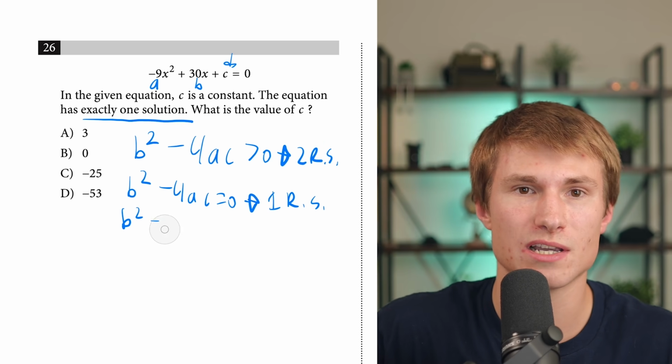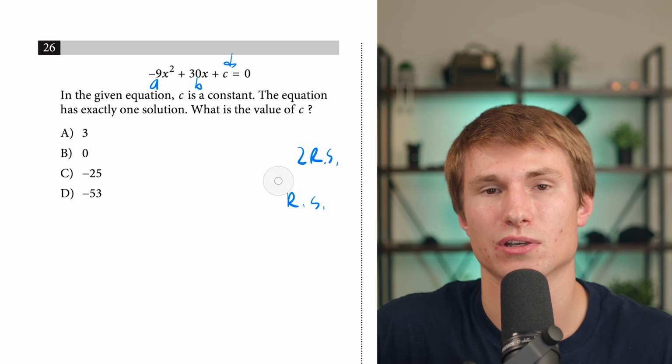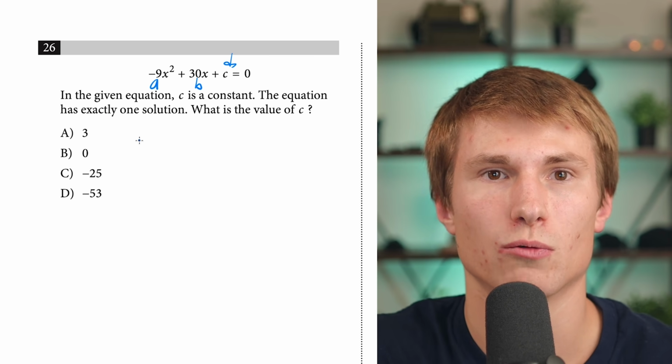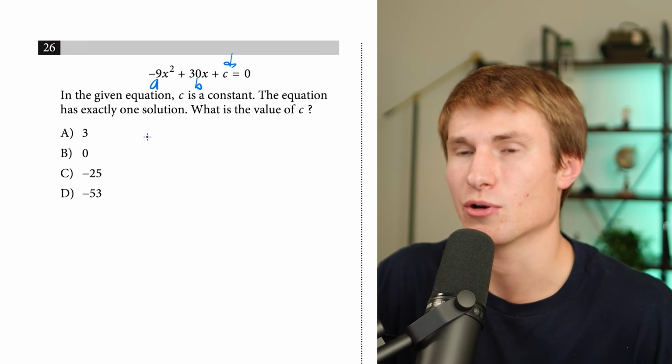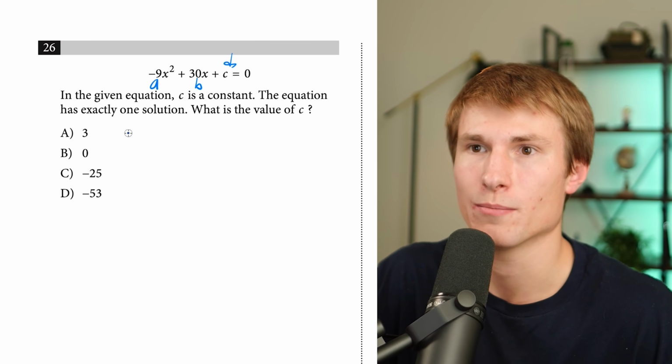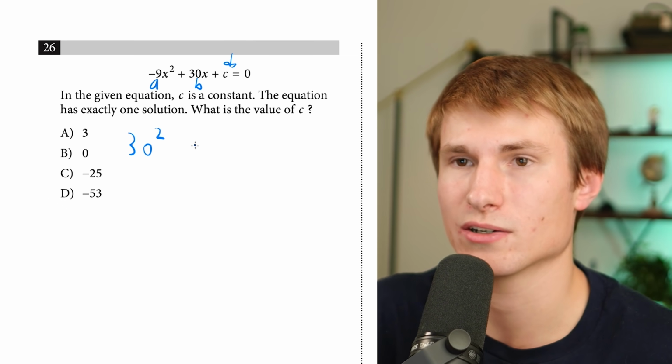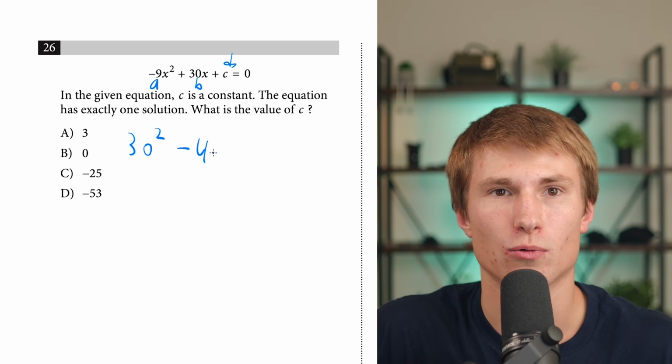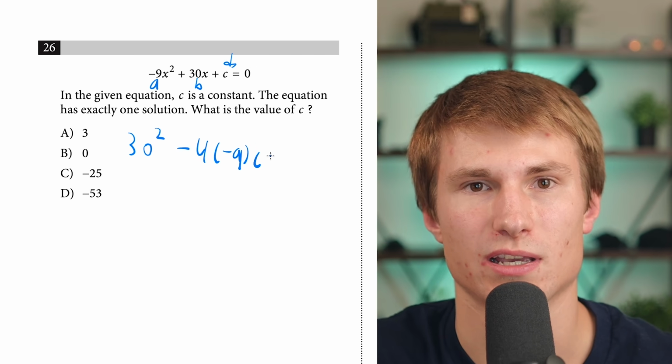Now in our case, we know that we have to set this equal to 0 since we're looking for where there is one real solution. Well, we know our a value is going to be -9. We know our b value is 30, and we obviously have c. So we're going to take the b value, 30, and square it. So we'll have 30 squared minus 4 times a. We know our a value is -9 times c, which we're just representing as c, and that's got to all